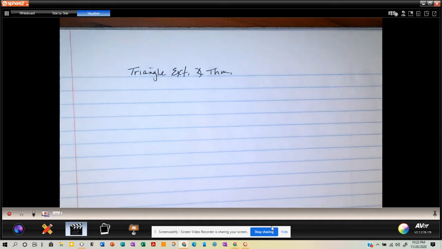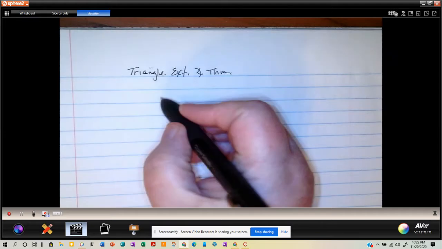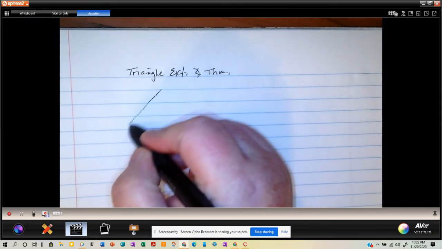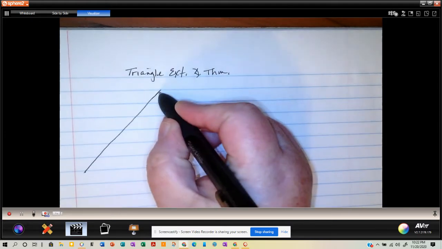Triangle theorem. So let me find my notes page. It's somewhere here. Unless I closed it. Oh, well. Anyway,